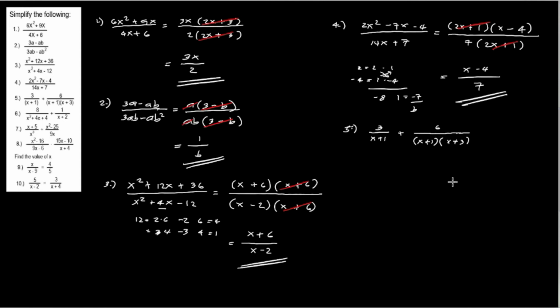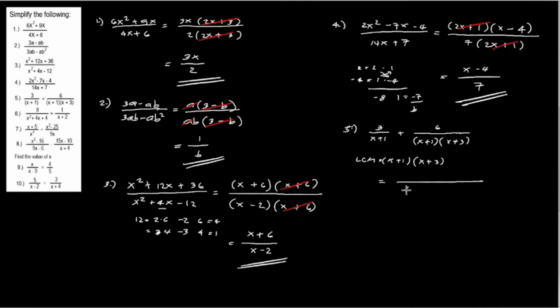We will get first the lowest common multiple, and the lowest common multiple in the denominator, that's x plus 1. So LCM is x plus 1, another binomial which is x plus 3, and multiplied by x plus 3. This is equal to,